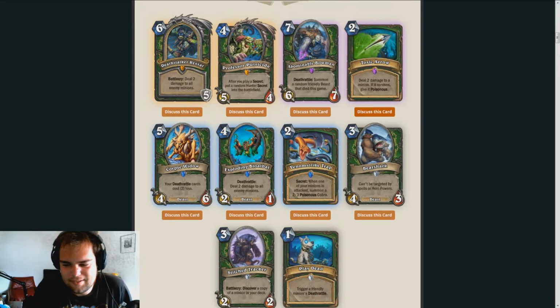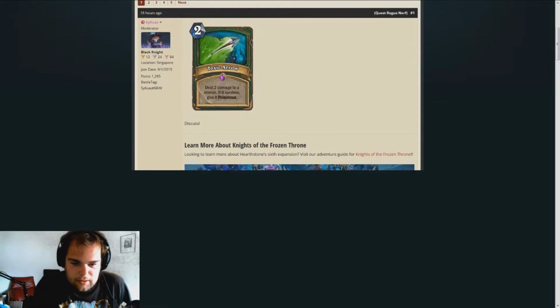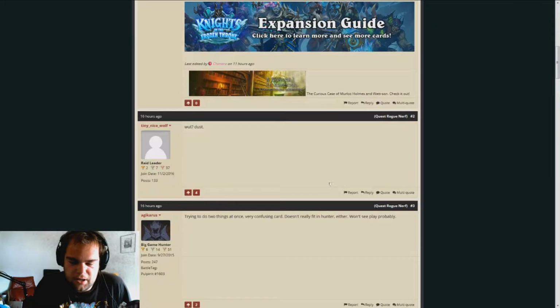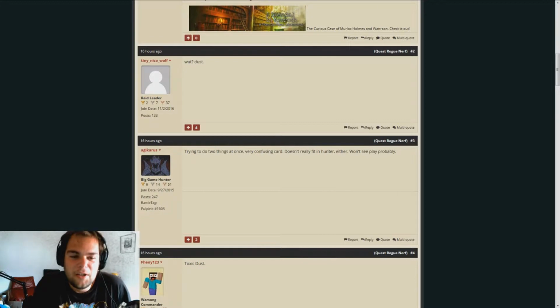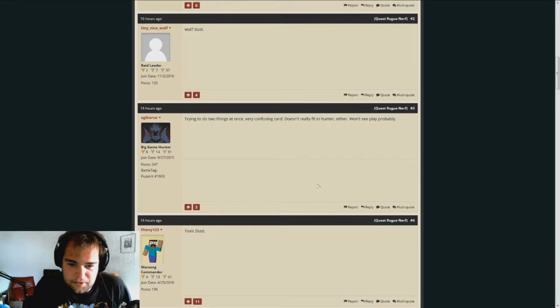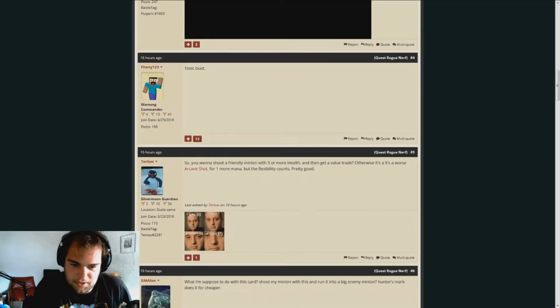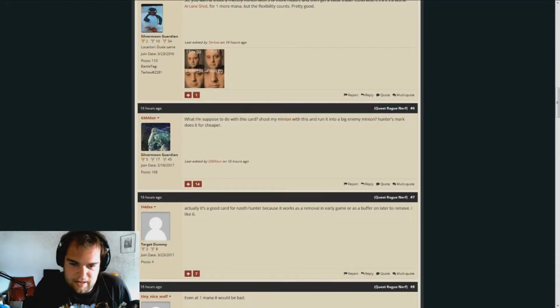I'll quickly look from my side. Oh no, there we go. Okay. Alright, it's actually loading very slowly. Oh, there we go. Alrighty, okay, the first comment. What? Dust. Trying to do 2 things at once. Very confusing card. Doesn't really fit in Hunter either. Once you play, probably. No, Toxic Dust. So, yeah, a lot of...